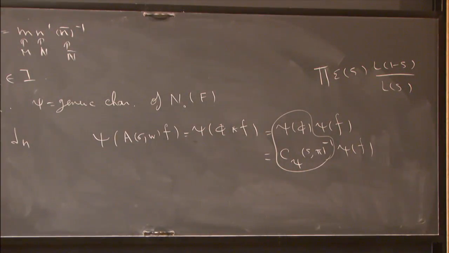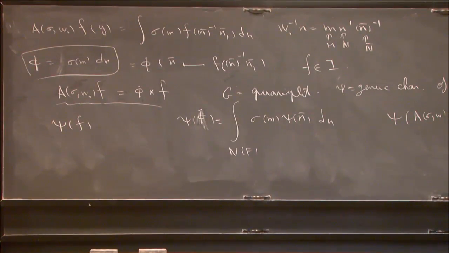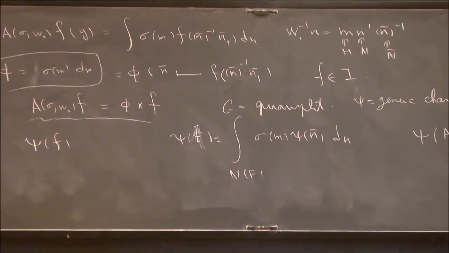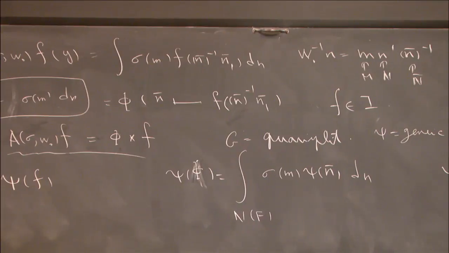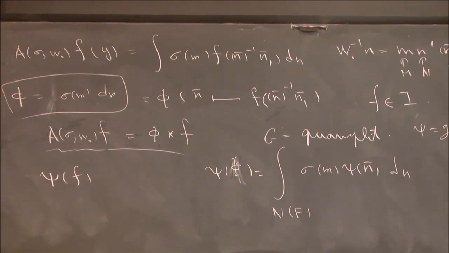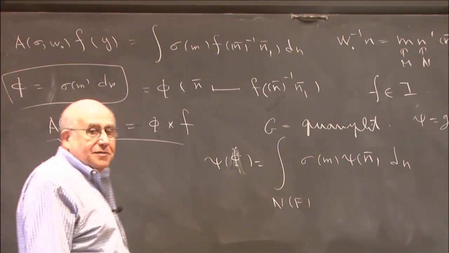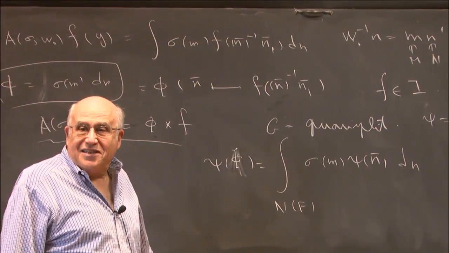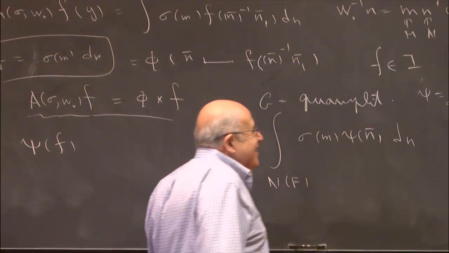So by gamma function, you mean a real gamma function? Gamma function which comes into the functional equation. So it's an epsilon of s and pi, and then L of 1 minus s divided by L of s. So that's what? Little gamma. Little gamma, yeah, okay.